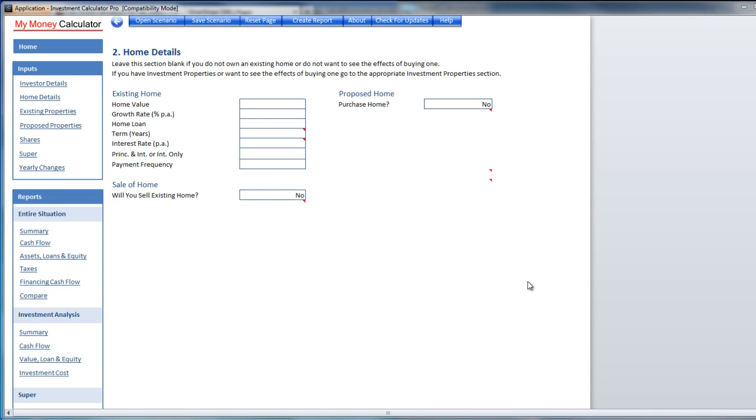In this video, we run through the home details page, which includes inputs for buying and selling a home. Note this page is for a property that you will live in as your principal place of residence. For investment properties, you can enter details into the existing properties and proposed properties pages, which we'll run through in